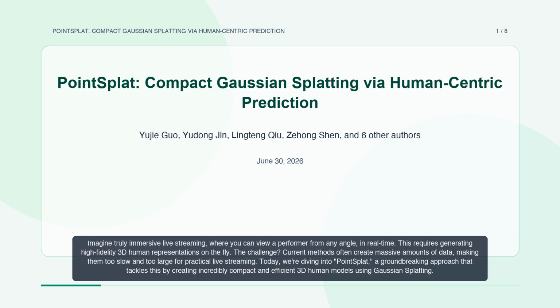Imagine truly immersive live streaming, where you can view a performer from any angle in real time. This requires generating high-fidelity 3D human representations on the fly. The challenge? Current methods often create massive amounts of data, making them too slow and too large for practical live streaming. Today, we're diving into PointSplat, a groundbreaking approach that tackles this by creating incredibly compact and efficient 3D human